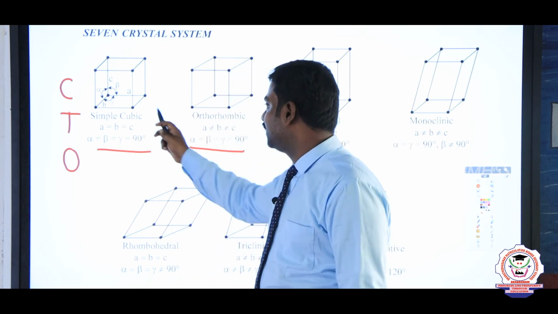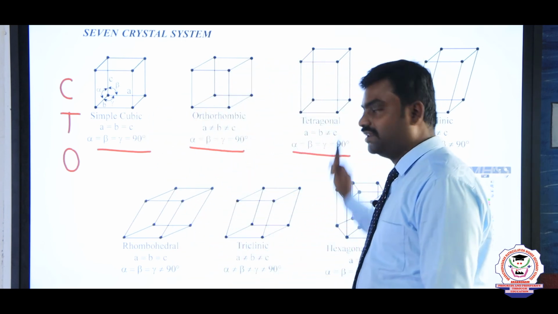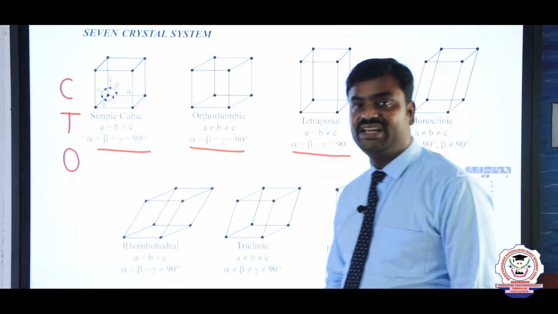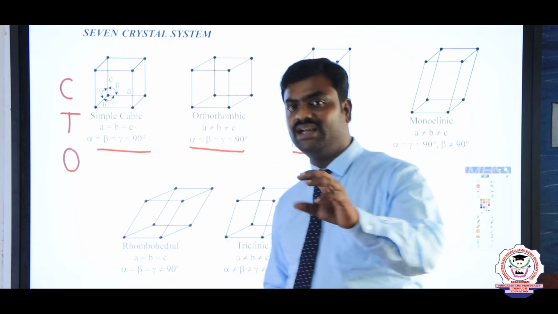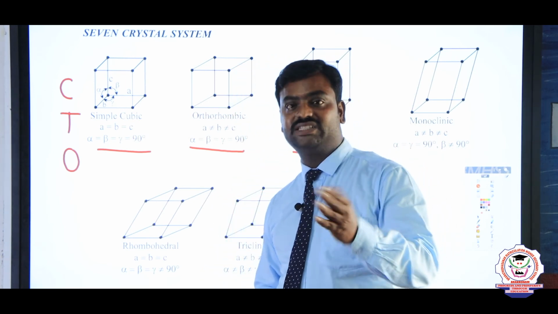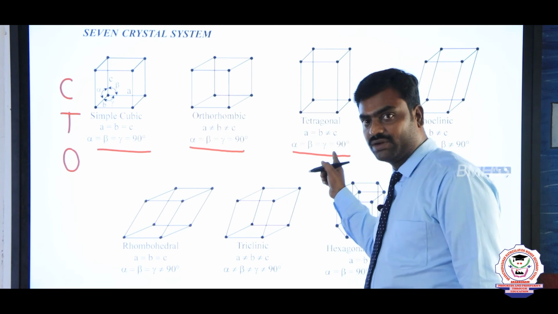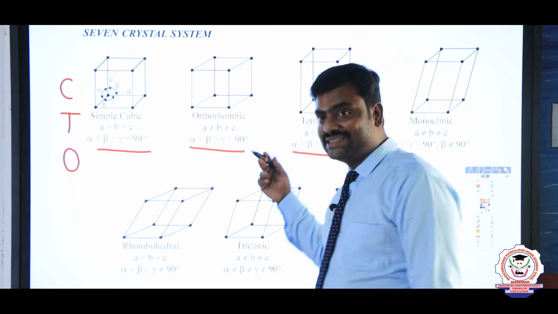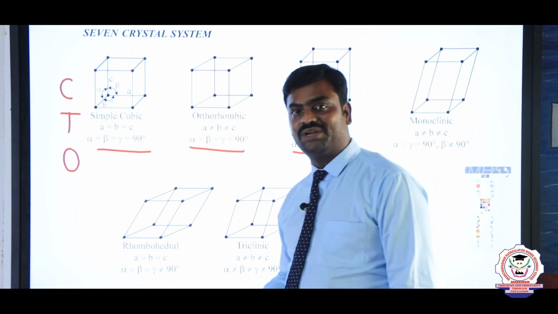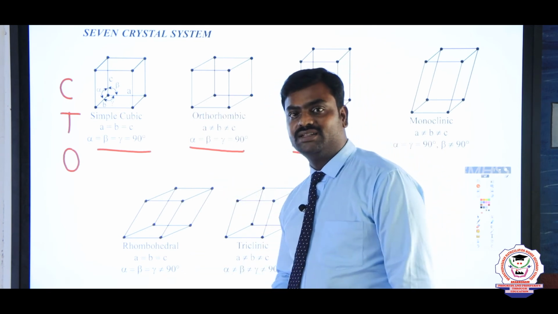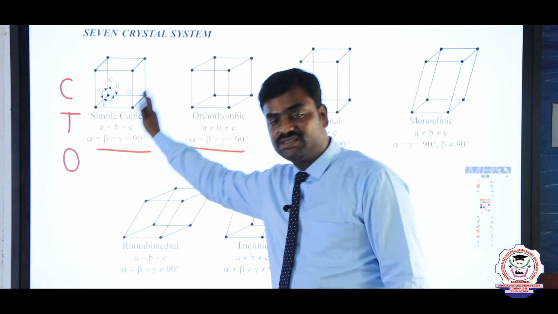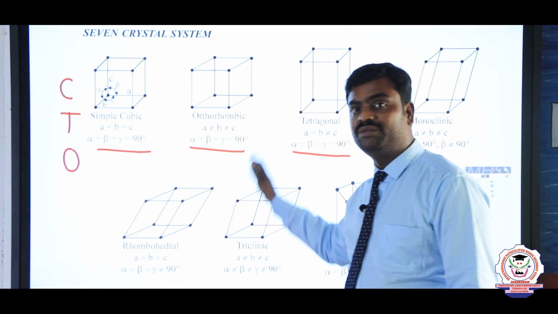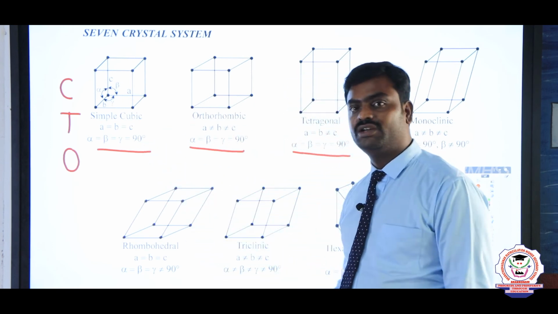If you consider simple cubic with tetragonal, that is a smaller deviation, that is A is equal to B, but B is not equal to C. That is some disorder which is happening in tetragonal. Now if you come to orthorhombic, what is the disorder? A is not equal to B and not equal to C. So the disorder is increasing from simple cubic to tetragonal and then orthorhombic. In this way you can remember these 3 different kinds of unit cells.